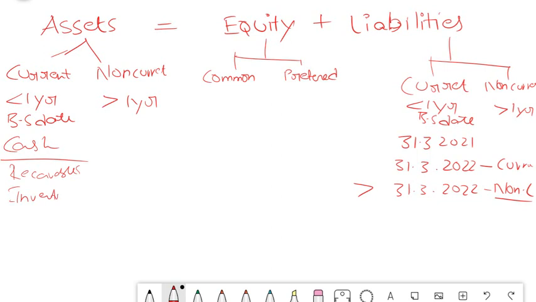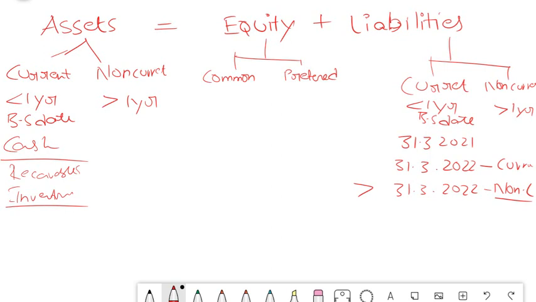Similarly, there is something called inventory. Inventory is something which you will use in production and make the final product. So you generally don't keep inventory for 2-3 years. If you keep it for 2-3 years, that means you are so cash rich that you are buying so much inventory and keeping it in your factory now itself, which is not a good sign. Generally people keep a stock of only 3 or 4 months, which we will learn in ratio analysis. There is something called inventory turnover ratio, and the ideal inventory turnover is 90 days. That means generally we have to keep a stock of less than 90 days for a good business. So this is generally the concept.